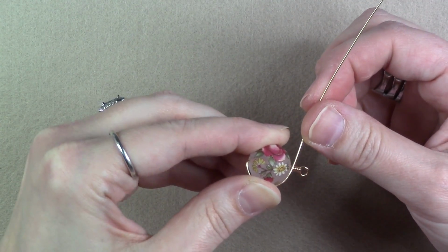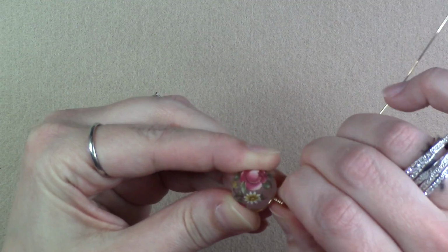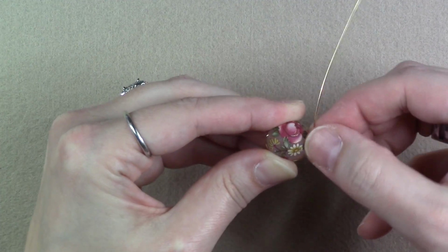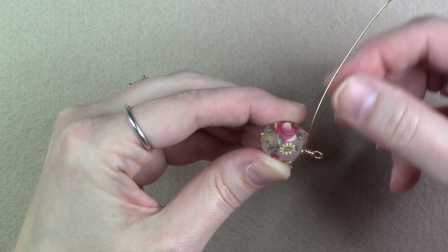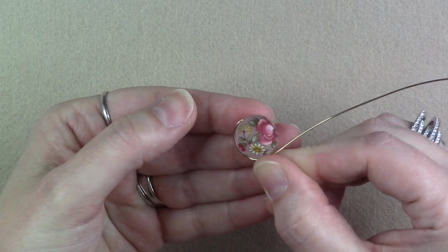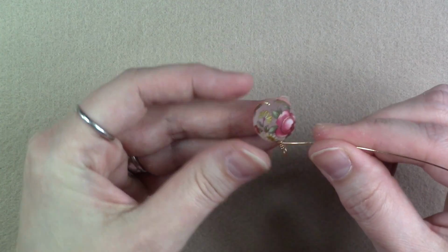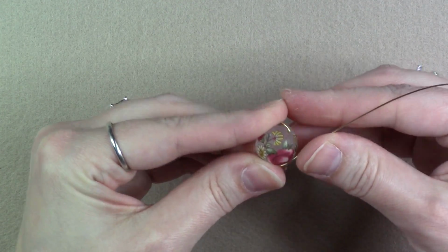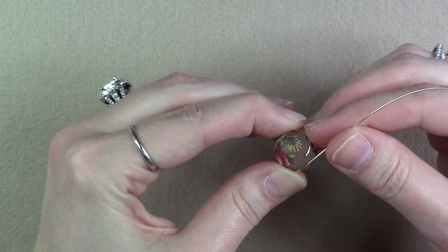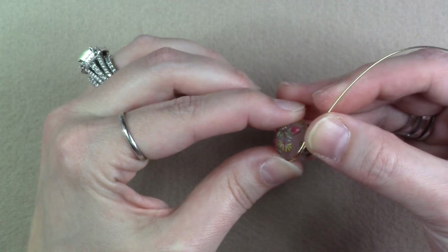Bring your wire to the front of the wire wraps that you have created and then wrap around, going to the back and then back up to the front and coming out the other side of the bead. So now you have wire wrapped along the surface on one side of your bead. We're going to guide our tail of our wire down the surface of the bead, working down towards the hole where we started, and then we want to guide that wire along the surface of the bead, going behind the